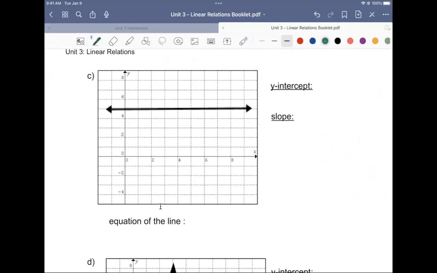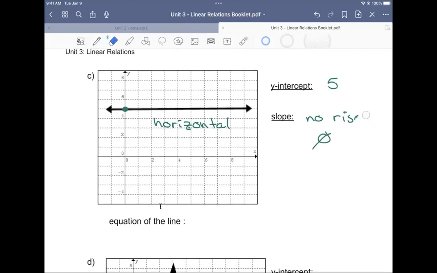Now we've got a couple more things to do, and then we'll finish up this lesson. This one we can see it's a little bit of a different type of line. We can see that this is horizontal. My y-intercept, if I look right here, is 5. There is no rise, so my slope is 0, because when there is no rise, it will always be, or